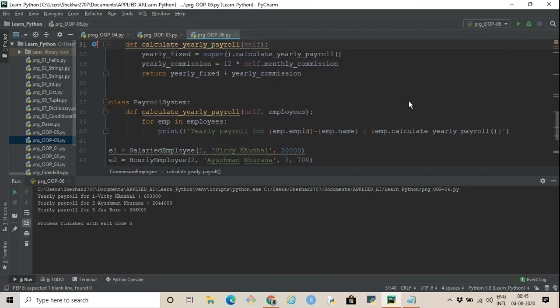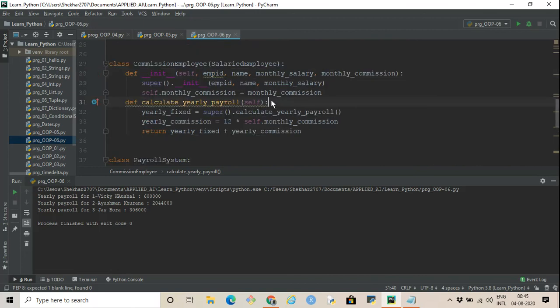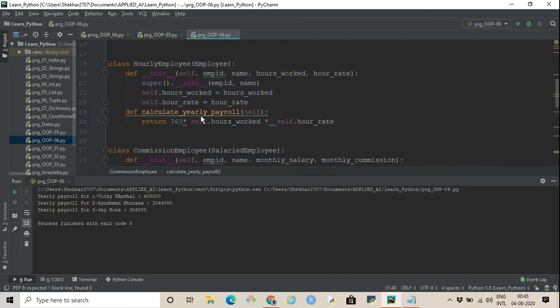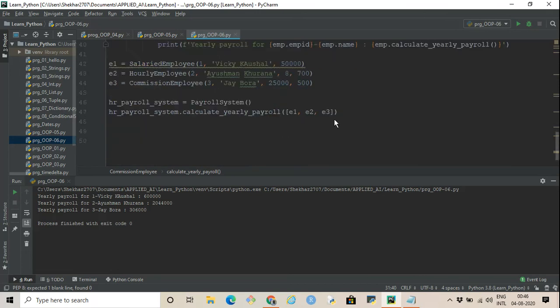Now thing to notice, each employee has this calculate yearly payroll method specified, and this is different for each type of employee. So for a commissioned employee, it's a different logic. For an hourly employee, it's a different logic, and for a salaried employee, it's a different logic. So based on the type of the employee, that particular method would be applied.